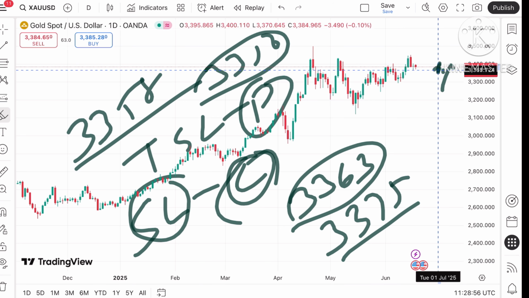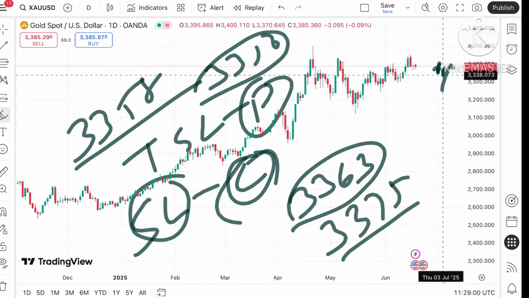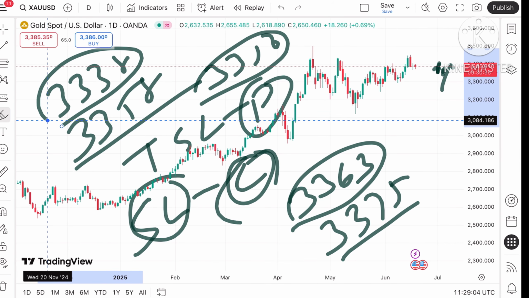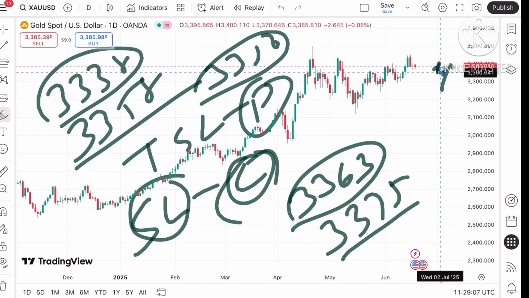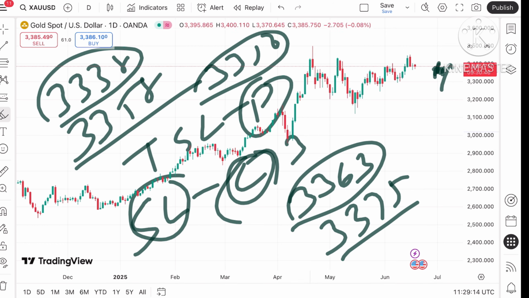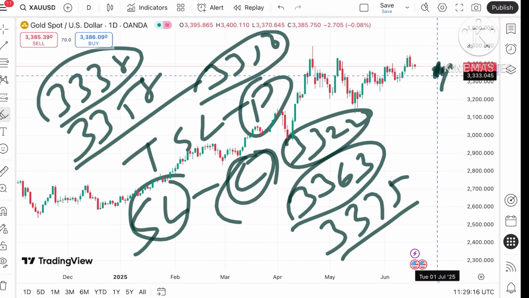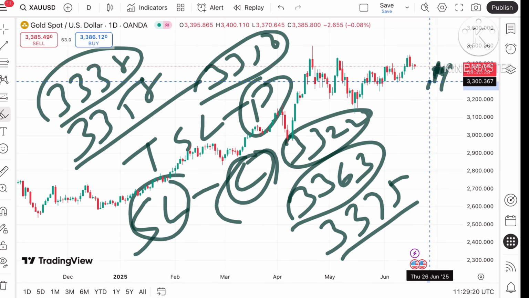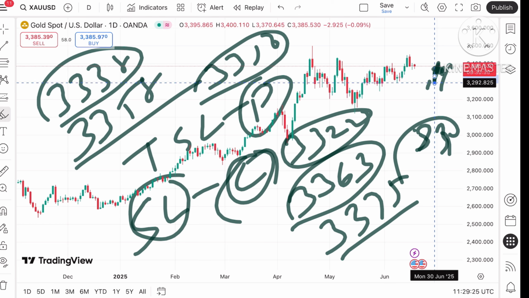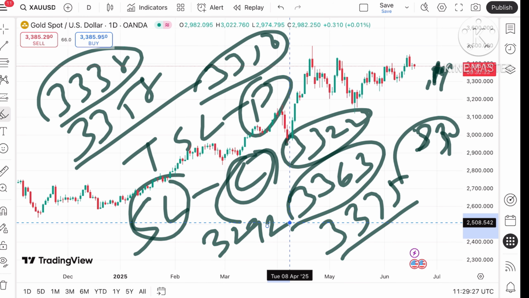Keeping in mind that as soon as the price starts falling below this particular support, chance of going towards the next level, that is around $33.38, and if the price falls below that level, a further fall after 33.38 to a level of 33.35 and then to a level of around $33.22. Okay, and suppose the price falls below 33.22, a further fall towards a level of around $33.00. Okay, and if the price falls below 33.00, the price can move towards $32.92, and then